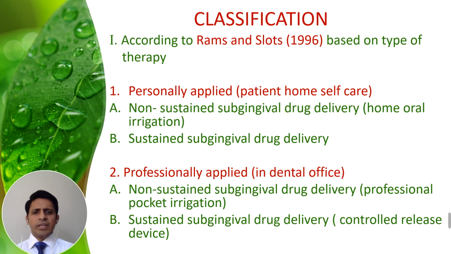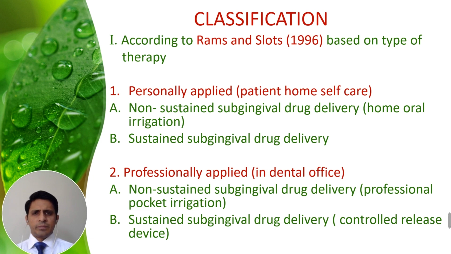Second, professionally applied, that is, used in the dental offices. They are non-sustained subgingival drug delivery like professional pocket irrigation systems, and sustained subgingival drug delivery which are controlled release